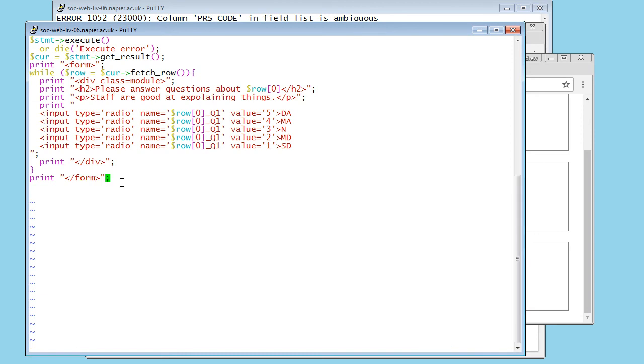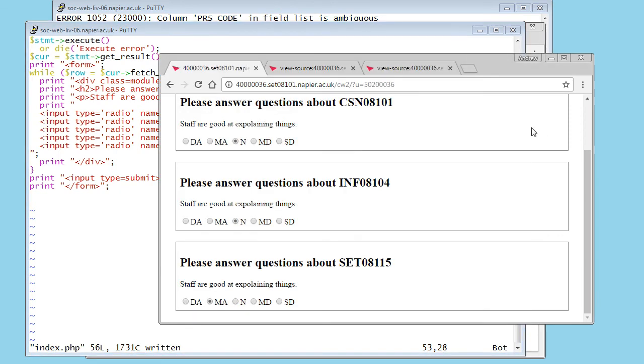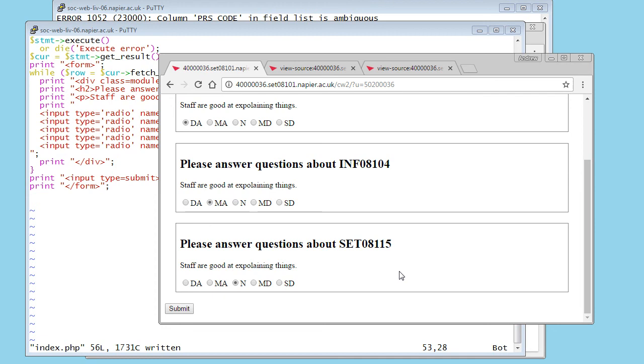Okay, and let's put in a submit button as well. So print, I think it's input type equals submit, and see what the data looks like. We should be able to see it quite clearly. It'll come across on here. So reload. I'm going to do 1, 2, 3. There's my submit button. Do the submit,